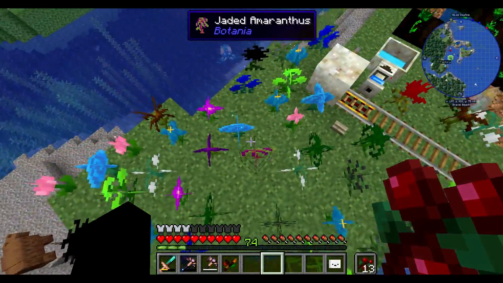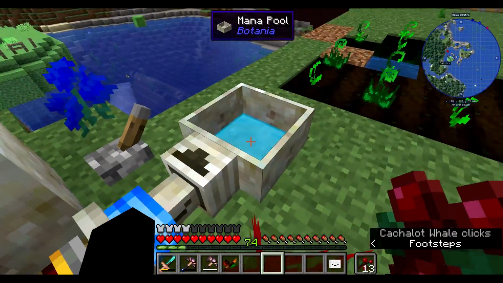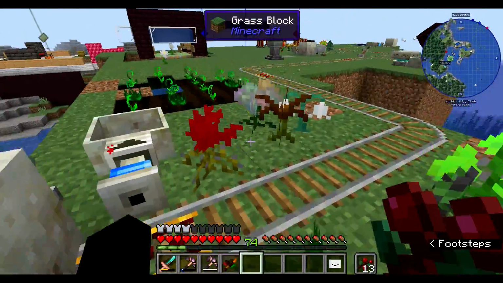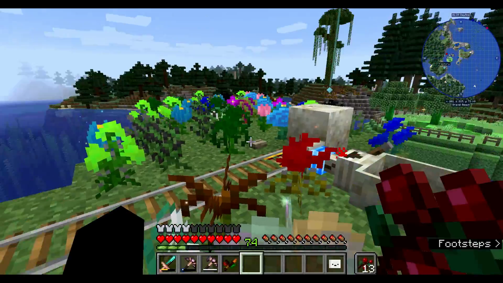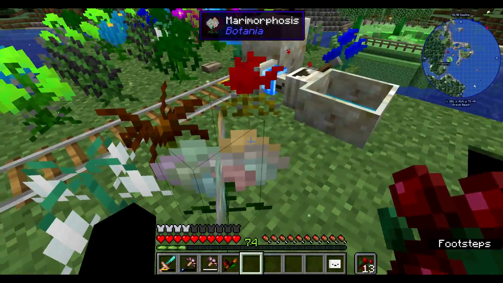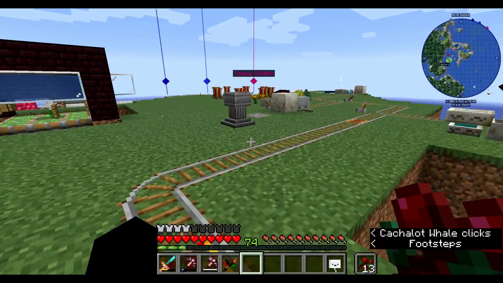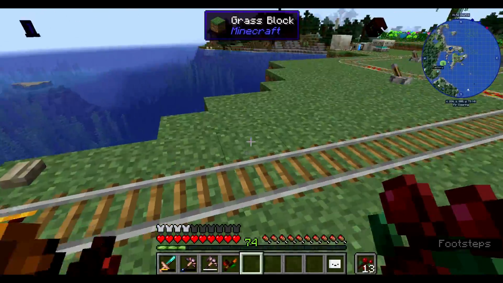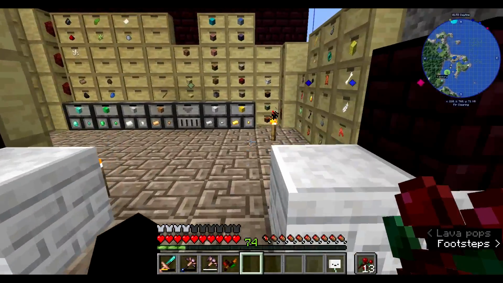I placed down some of our functional flowers, right? So I got the jaded amaranthus here. These things use like no mana whatsoever and generate a million flowers. Same thing for this metamorphosis. I managed to use an entire stack of cobblestone or smooth stone with this thing, and it didn't even put a dent into this. But so we have an entire half pool here of mana stored. I would like to get that a little bit higher,